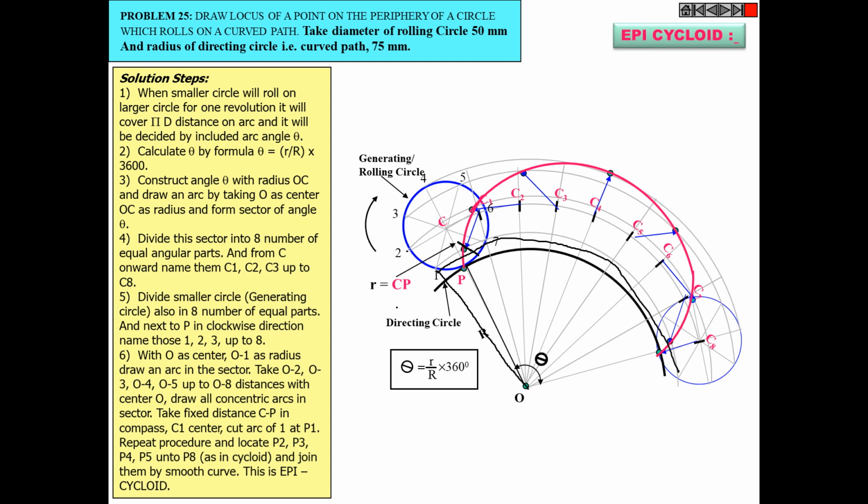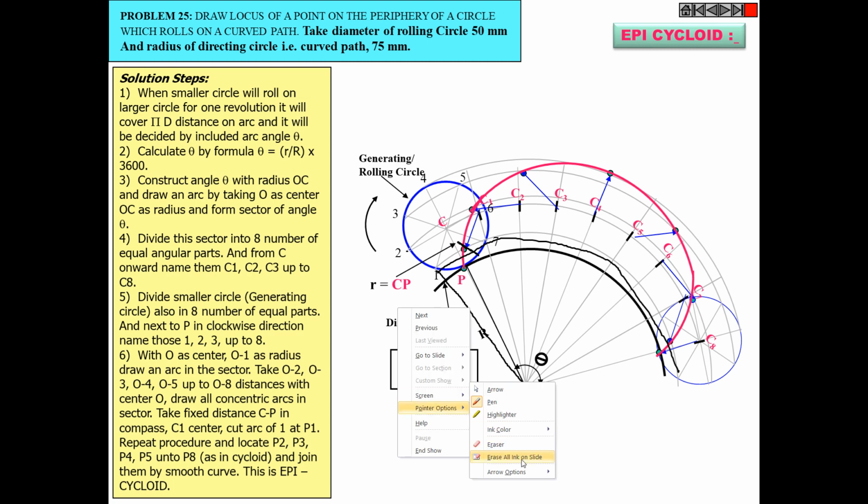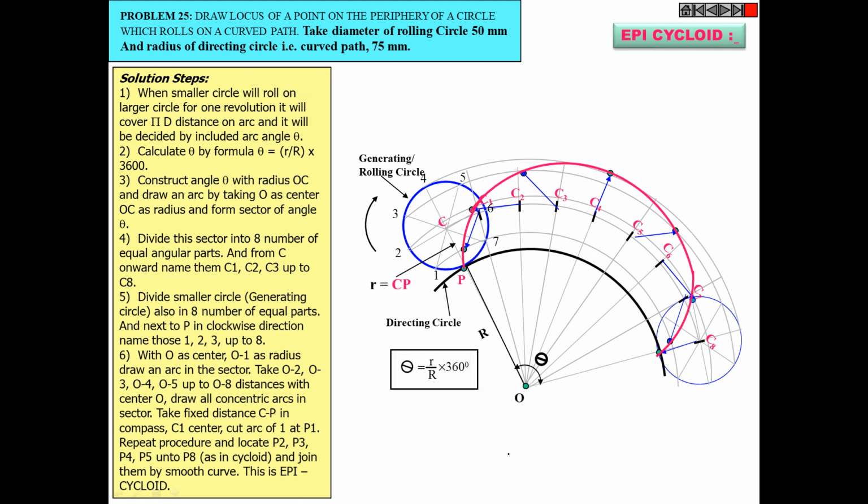Any doubt in the construction part of this epicycloid? So this is your final epicycloid. And regarding the use of pencils, the calculation part you have to do with HB pencil, that too in block capital letters before the start of the problem, and the final curve which you are getting, that is the epicycloid, will be drawn by HB pencil. In order to draw this epicycloid, you are doing many internal constructions. All those things you have to draw with either H or 2H pencils.